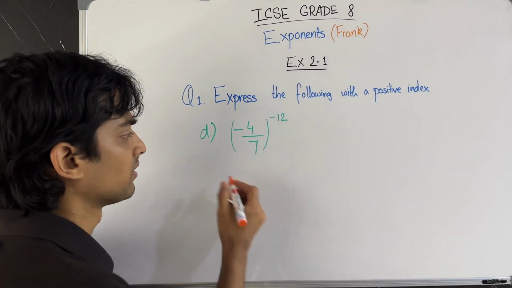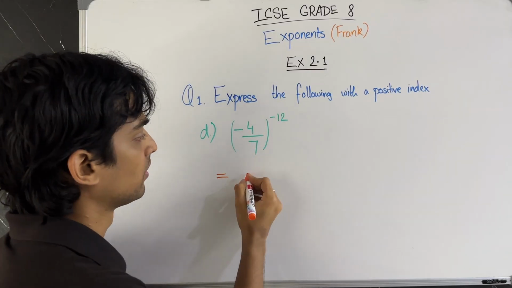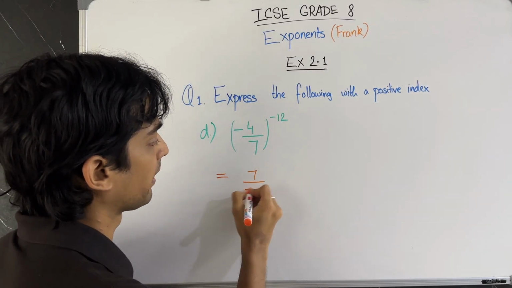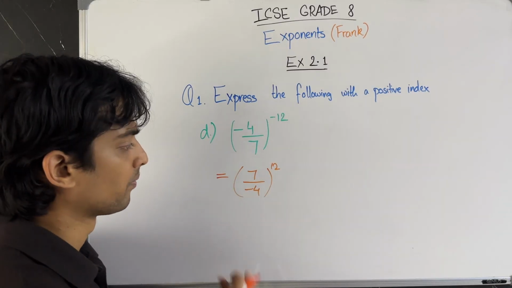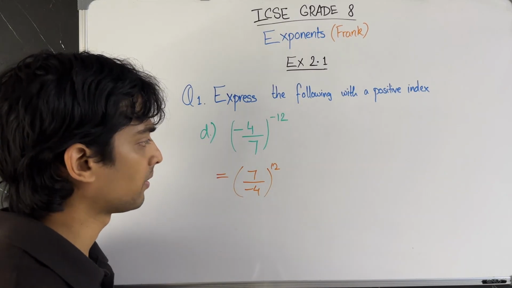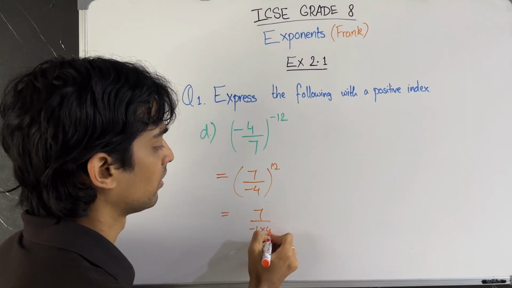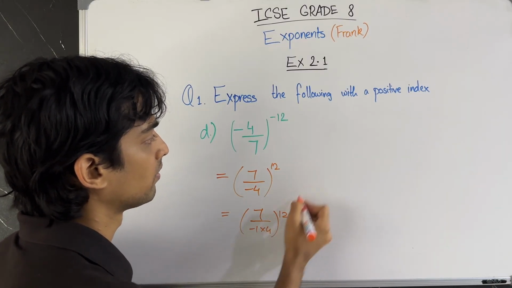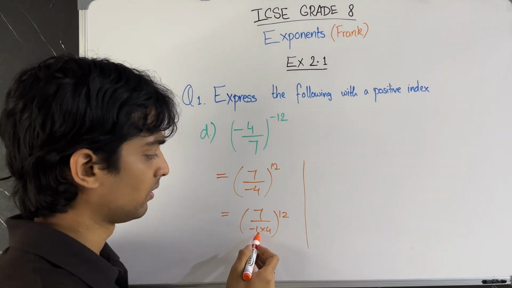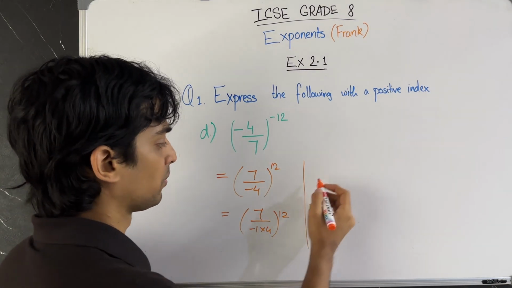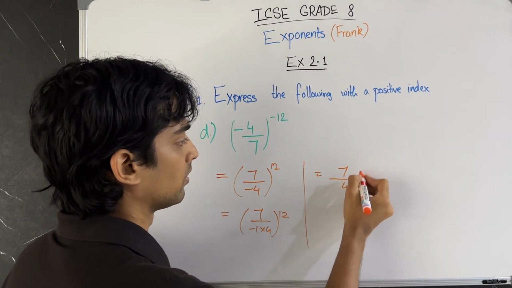So let's write this as, we remove the negative sign and we take the reciprocal of the base. So we get 7 upon minus 4 the whole raised to 12. Now there's a minus sign here, we can get rid of that. We can write this as 7 upon minus 1 into 4 the whole raised to 12. Then we can take this out and this will be raised to 12. So we can write this as 7 upon 4 the whole raised to 12